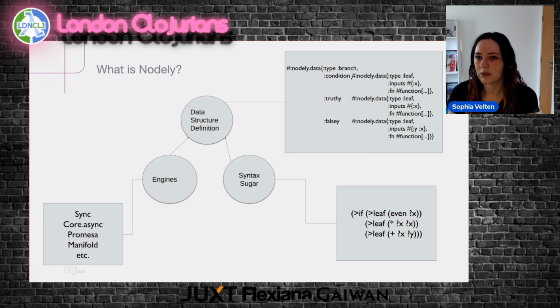So I can see the condition node depends on X, the truthy node depends on X as well, but the falsy node depends on X and Y. So this way we can express in a richer way what a conditional dependency means and what the actual dependencies are